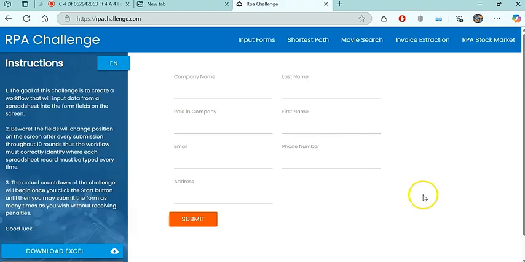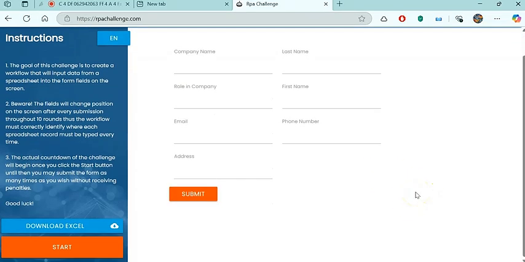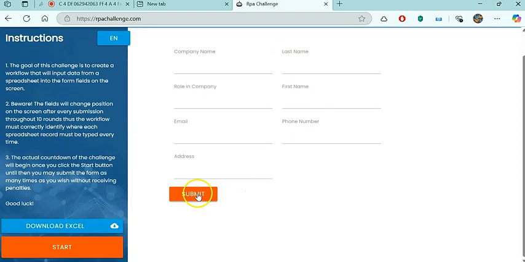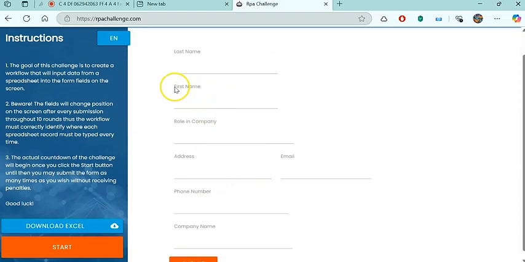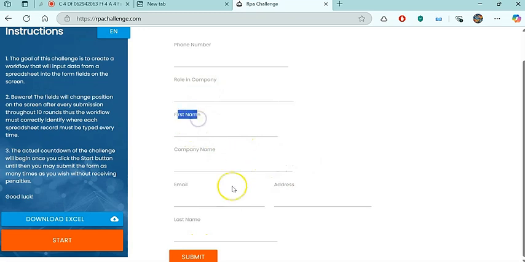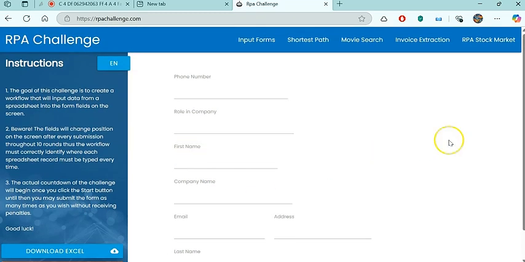So we saw in the initial part of the course what this challenge exactly does. It downloads the Excel, reads the records from it and correctly enters them into each of these fields. And when you click on submit, the position changes. For example, first name is at the second position. I click on submit, it goes somewhere else, to the third position. Okay, but the point is not about the position, it's about uniquely identifying where the text box is, and that's